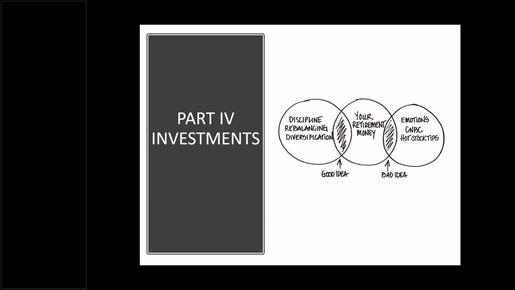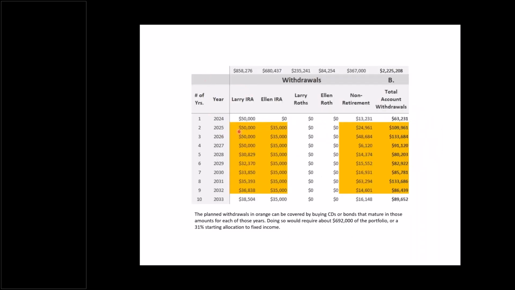So when you're looking at the investments, here is the way that we prefer to do it that helps mitigate some of what we call behavioral risk. And behavioral risk is exactly what I was talking about, that desire or tendency for us as humans to be very reactionary to what's happening. So if we look at Larry and Ellen, the items highlighted in orange are the withdrawals they would take by account level. There are certain cash flows coming from Larry's account, certain cash flows coming from Ellen's account, and certain cash flows coming from their joint brokerage account.